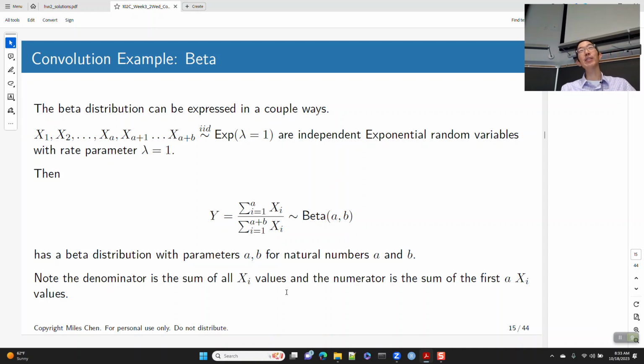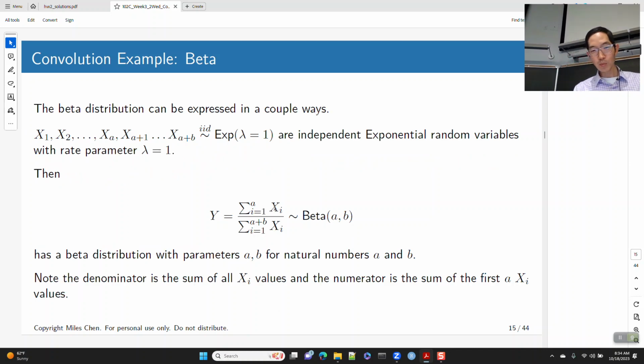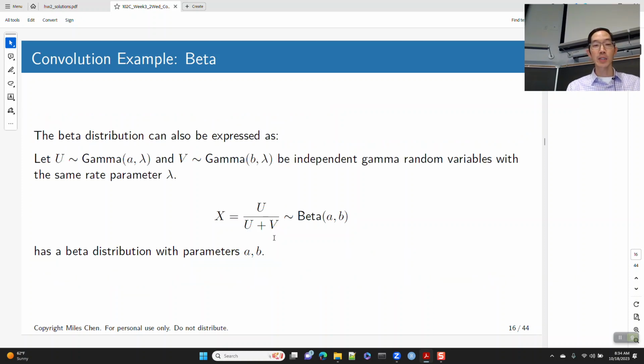I feel like every year in the past, a student makes a very easy mistake to make: they generate the numerator and the denominator separately, and then they get values greater than 1, and they're trying to figure out why that is. So this is the slide, and I'm trying to point this out so maybe we'll avoid it. If you think about what the numerator is, this is the sum of a bunch of exponentials, a gamma random variable. And then here we've got a gamma random variable. And so here,